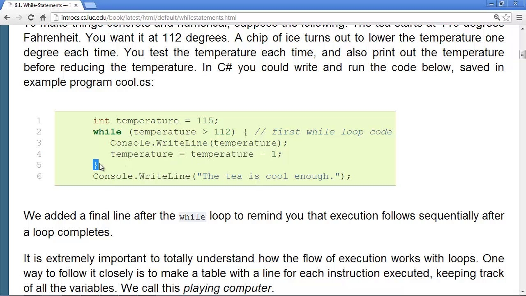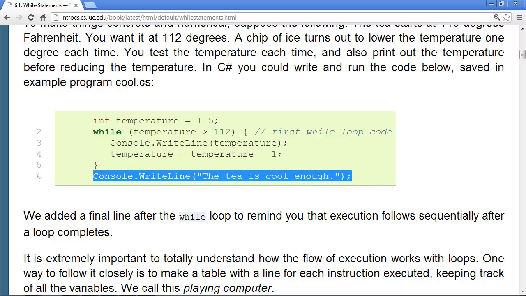Still, we come to the end of the single statement here. We go back because it's a while loop. At this point, the temperature is just 112. This is false, and therefore we finally do skip out of this statement and go on to the first thing that's past it, and then we write that the tea is cool enough.